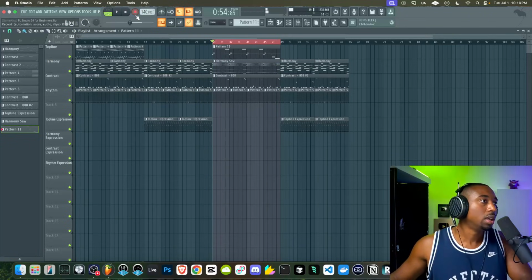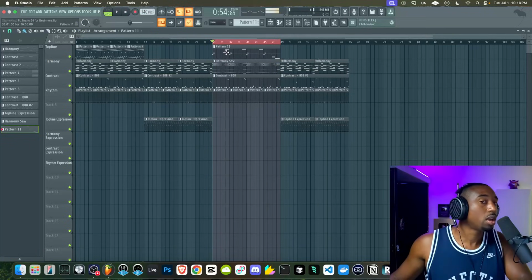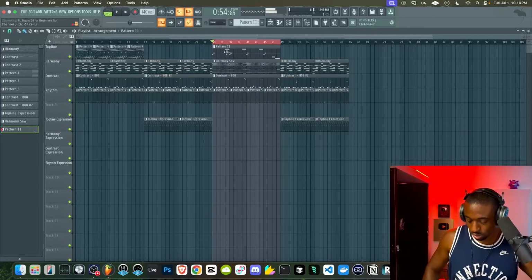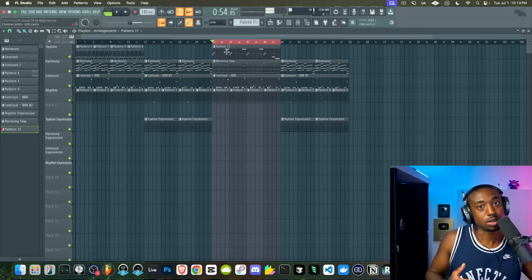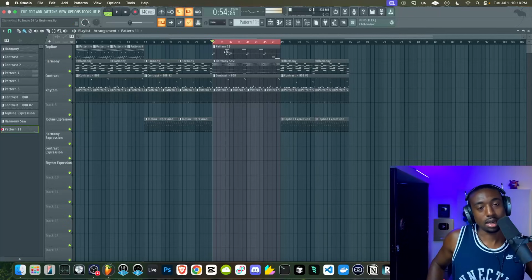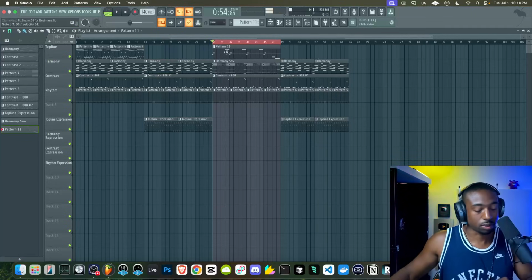Okay, so this is the advantage of having a MIDI controller. What I added in, that little sound, that's called a pitch bend. The way I do it is I bend my pitch wheel down first, and then I play the note, and then I let the pitch bend go, so it slides up to the note that I target.